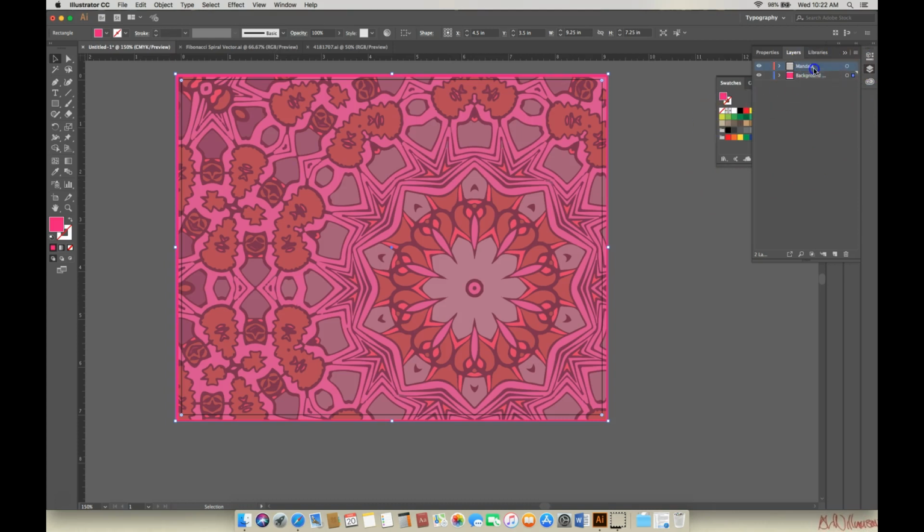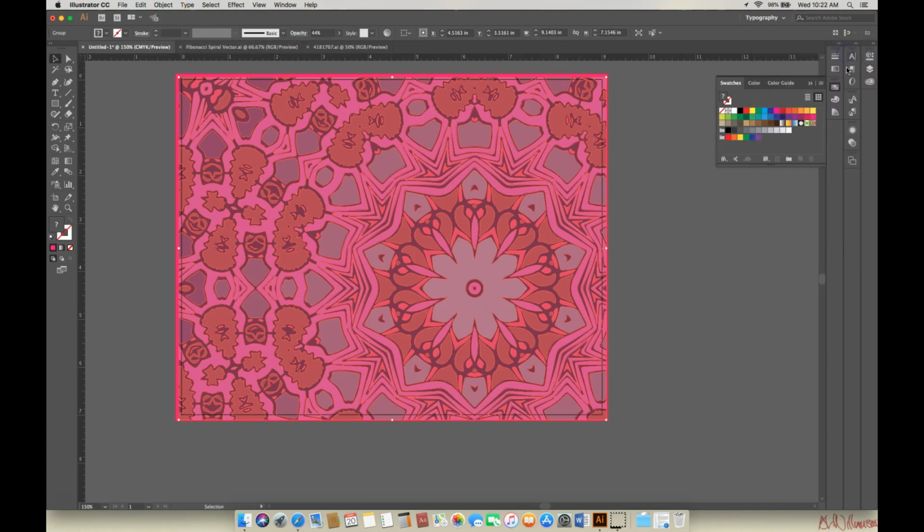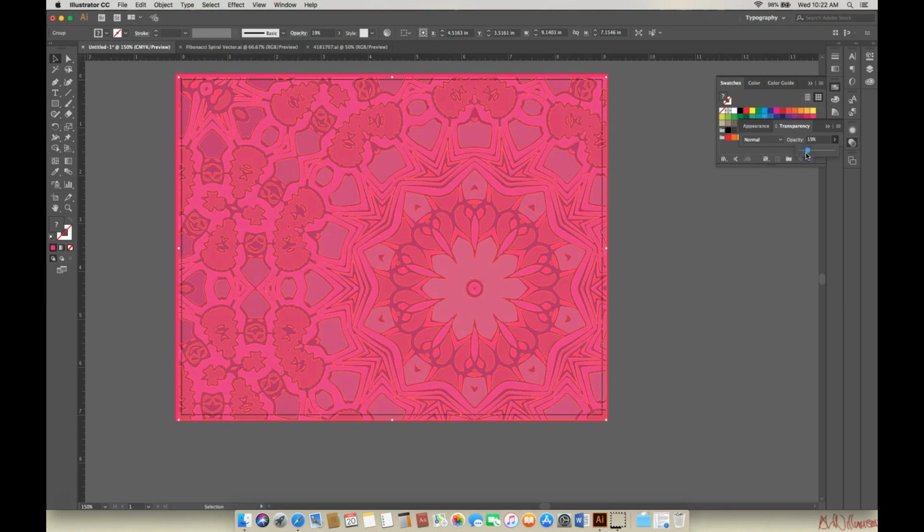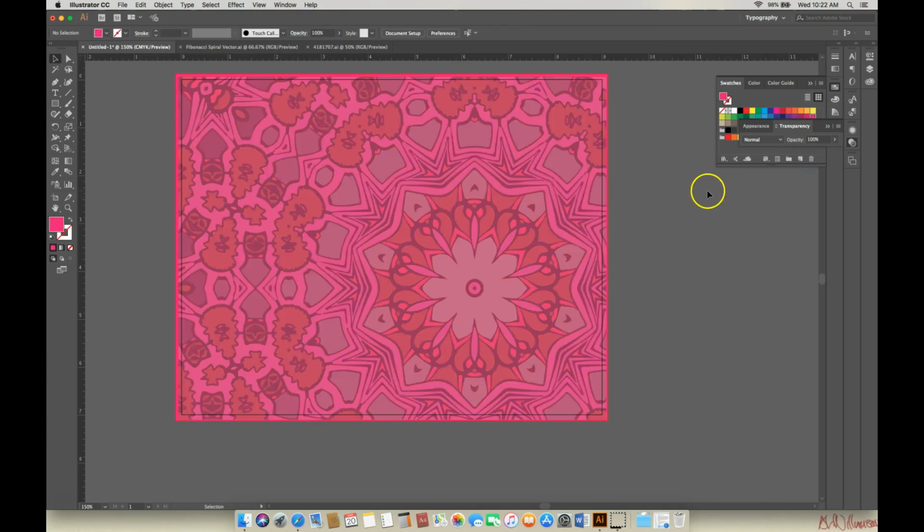And now if I want to, I can go back to this mandala here. Okay, I'm back on that layer. Grab that, and I can even take the opacity down further if I want to make it a lot more subtle. Yeah, that's pretty cool. I'm kind of liking that. Okay, so we've got our basic background going on here. Now what we need to do is start adding some